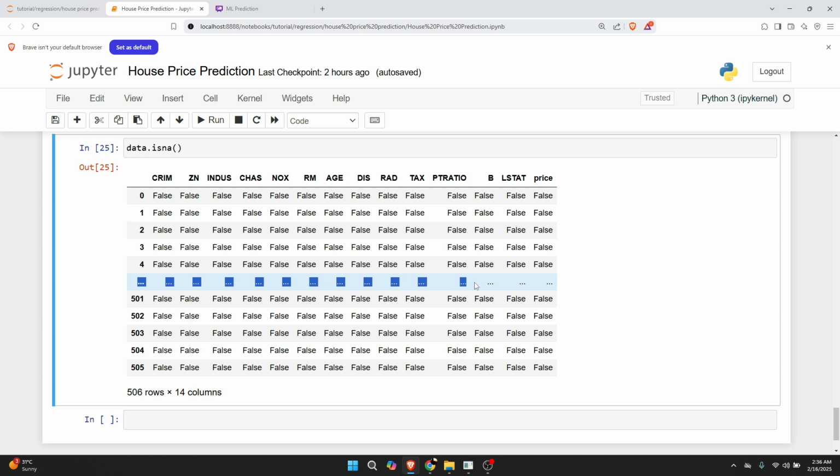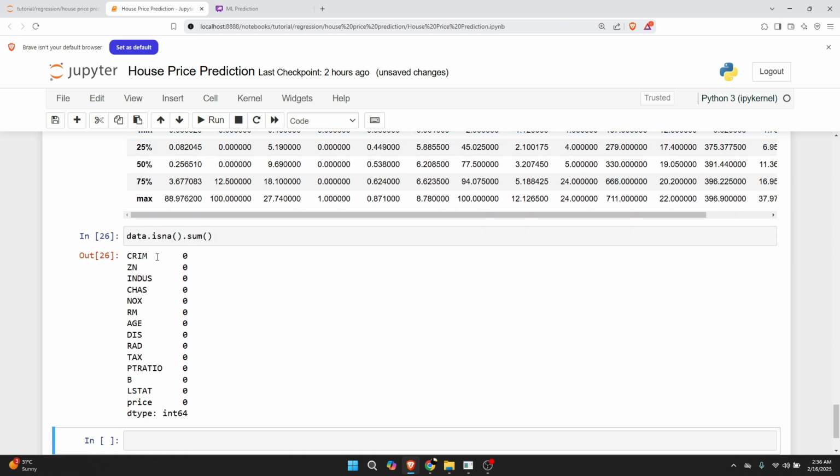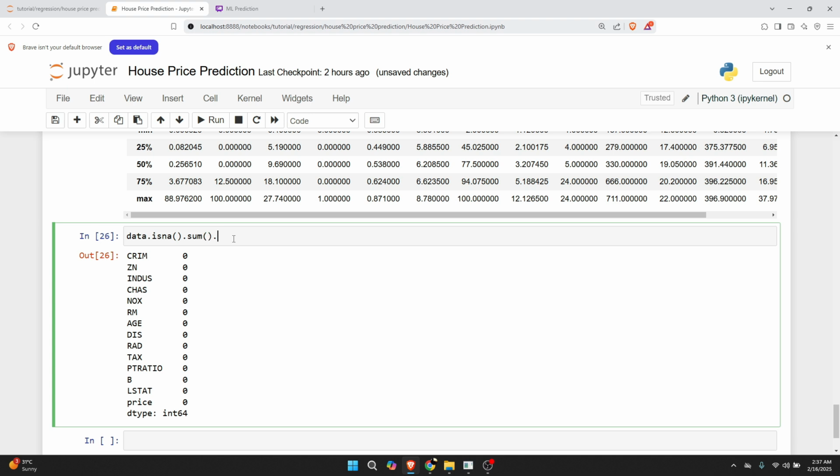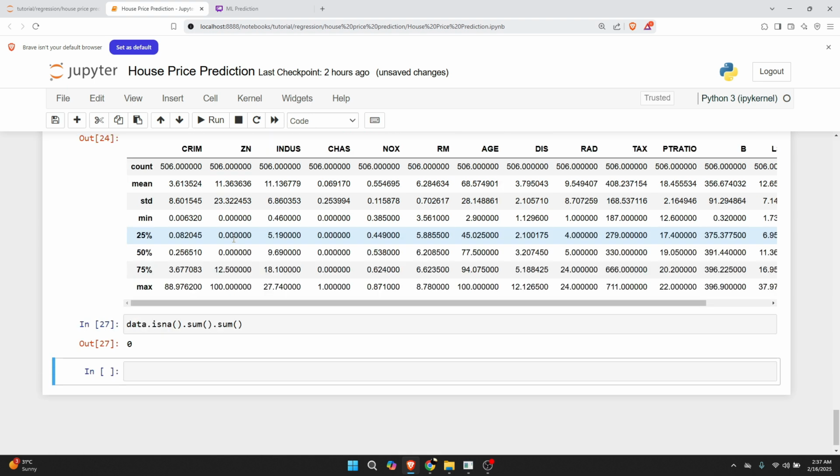But I don't know if there is any null value in between or not. So what I'm going to do is use a sum function. If I use the sum function for all the individual columns, it comes as 0 0 0, which means for each column there is no null value. If I call the sum function again, it shows 0, which means there is no null value over the data set. And after that, what we can do is plot a correlation matrix